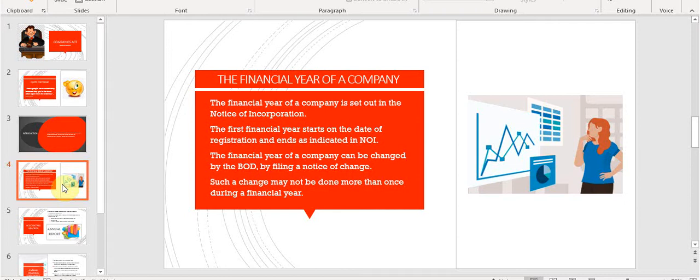But you can change the company's financial year, though of course it needs to be filed again with the Department of Trade and Industry, and then it also needs to be filed with SARS. In terms of SARS, that will have a big effect on your e-filing. So it's quite messy to change a financial year. It is advised that one sticks to the one that was originally selected.